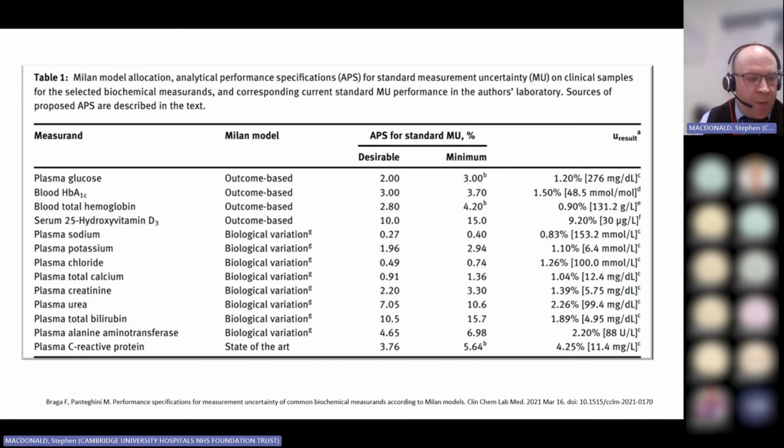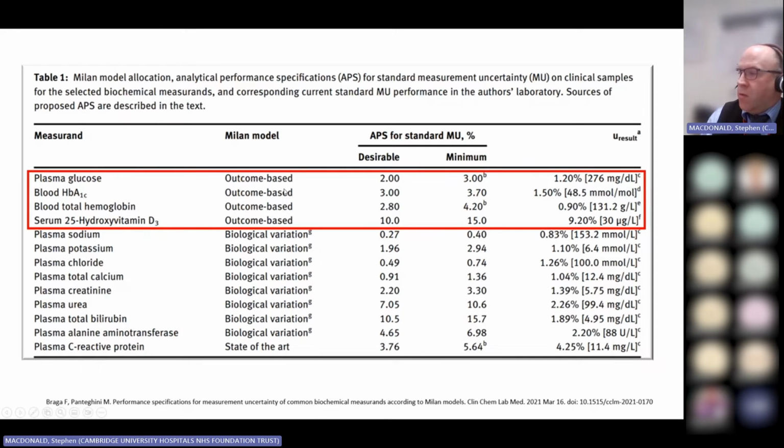Not least by this paper that was published by Braga and Panteghini, where they, in 2021, took some of the most commonly selected biochemistry measurands and assigned them to different models based on the criteria from the Milan meeting, and determined what the APS, the analytical performance specification for standard measurement uncertainty, should be based on the models and the data available. So, for example, we see up here, if we're talking about the outcome-based model, so Model 1,